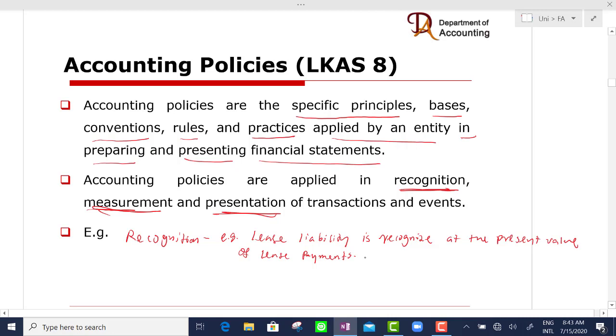Okay, at the time of the agreement, lease liability is recognized at the present value of the lease payments at the time of the agreement. That is a policy, an accounting policy. The lease liability, on the day the lessor and lessee enter into the agreement, we recognize at the present value of the lease payments. Another example, income recognition